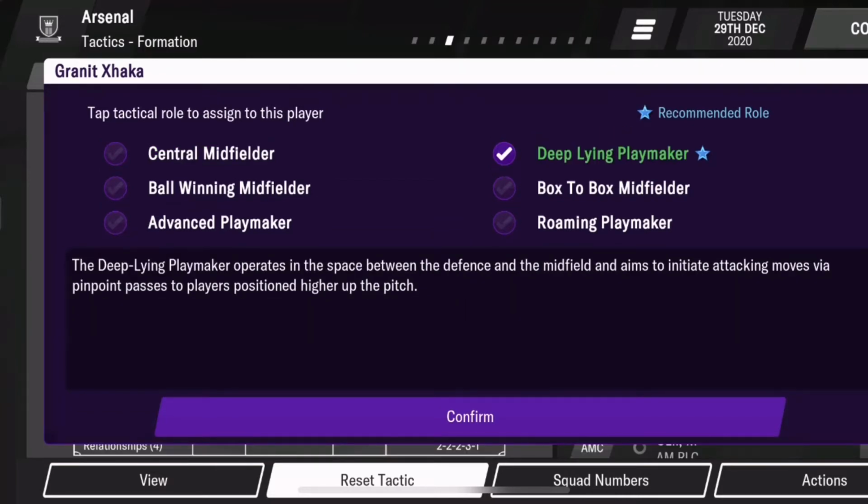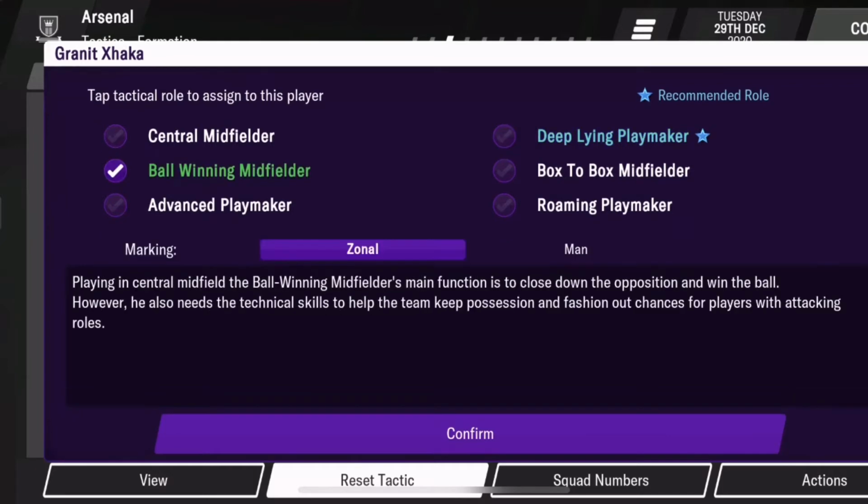The deep line playmaker. The deep line playmaker operates in the space between the defense and the midfield and aims to initiate attacking moves via pinpoint passes to players positioned higher up the pitch. We have the ball winning midfielder. Playing in the center mid, the ball winning midfielder's main function is to close down the opposition and win the ball. However, he also needs the technical skills to help the team keep possession and fashion out chances for players